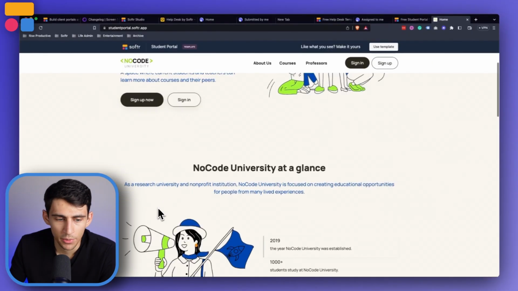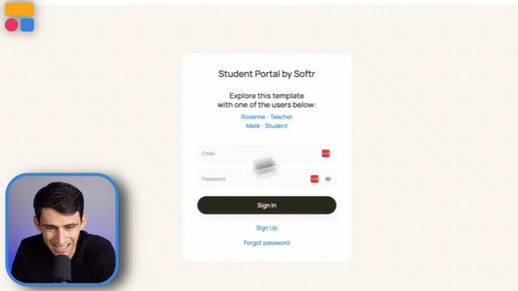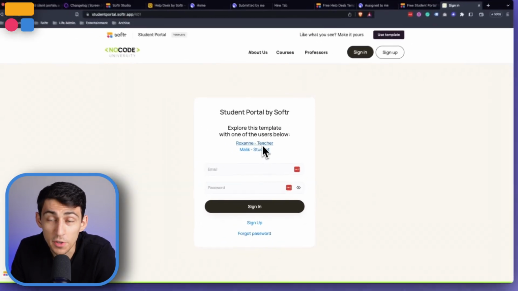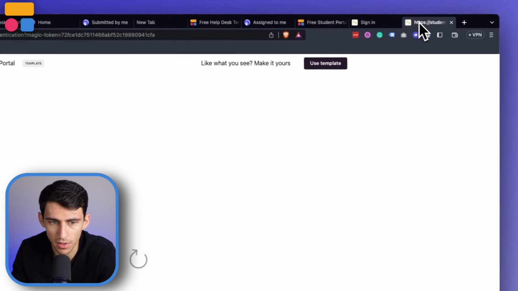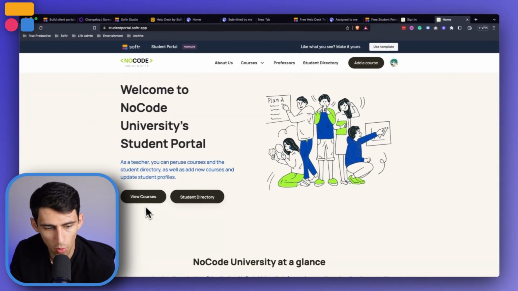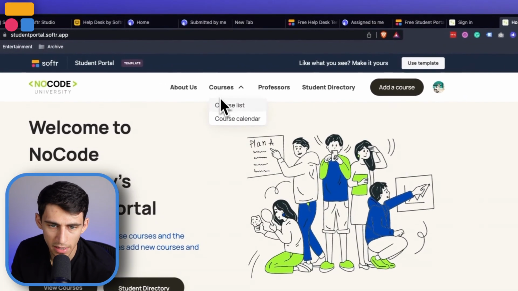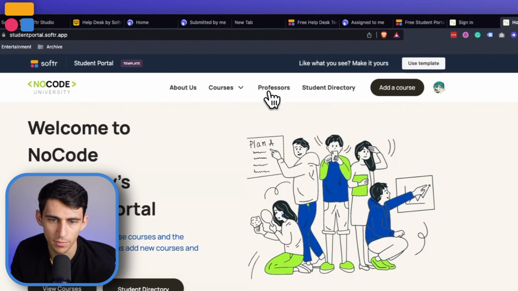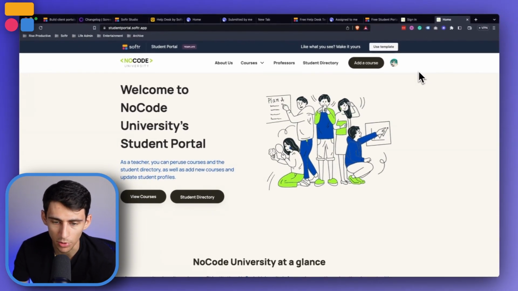So for example, we'll see that we can sign up and sign in. We press the sign in option here. There are a few different views. The user groups are going to be teacher and student. So if I go into the teacher view, you can see very quickly that it's got a look at the courses, the different students that are within the courses, an About Us page, and then some overviews for courses, professors, and student directory. And most importantly, as with a lot of our different templates, we can add a course